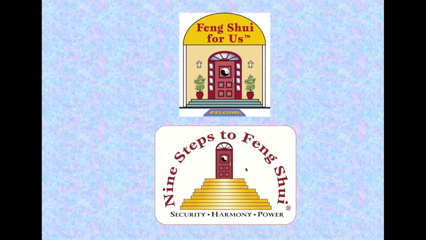at the bottom, you can see the 9 Steps to Feng Shui system logo and with the words security, harmony, power. You see here there are 3 sets of steps, and 3 sets of steps add up to 9. So the first 3 steps are the ones that have to do with creating a feeling of security in your home. The next 3 steps have to do with creating harmony in your home, and the next 3 steps are the ones that deal with power, or being in control of your space, having power over what happens in your life and over what happens in your space. And so those are the keywords: security, harmony, and power, to get to good feng shui and a balanced